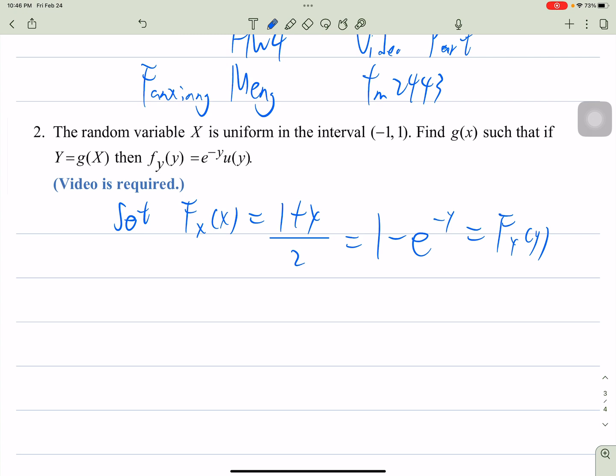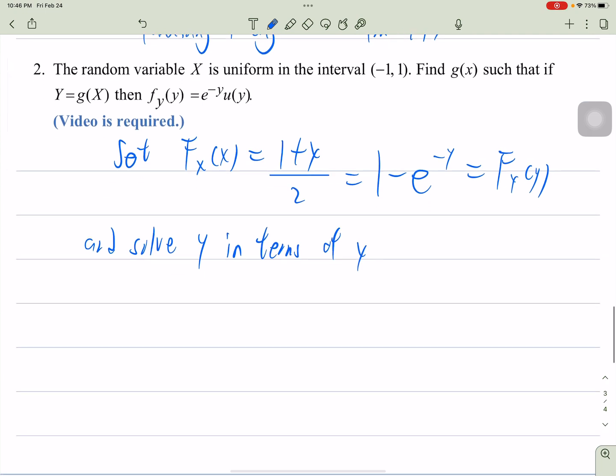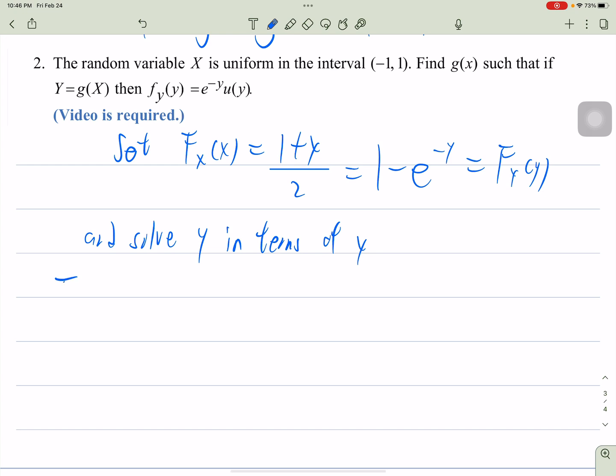And solve y in terms of x. It's easy to get that y equals negative ln(1 minus x over 2), which equals g(x)